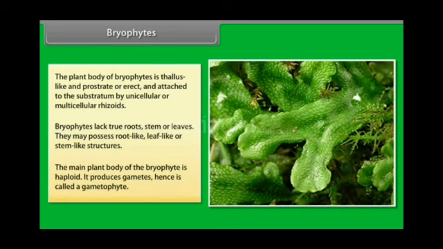amphibious plant, and most important, it shows a gametophytic generation, where gametophyte means what? It doesn't reproduce by the sexual method, but it reproduces by the asexual method. And you can see the beautiful picture given in the slide, and this will help you remember this plant called Bryophyta. So we have covered the first group of non-vascular plants, Bryophyta.